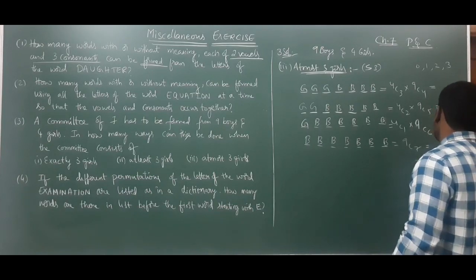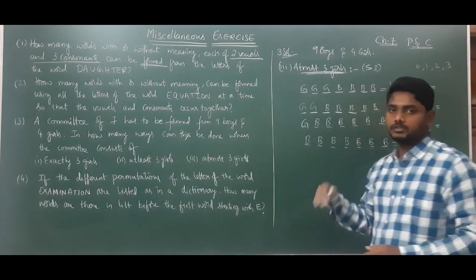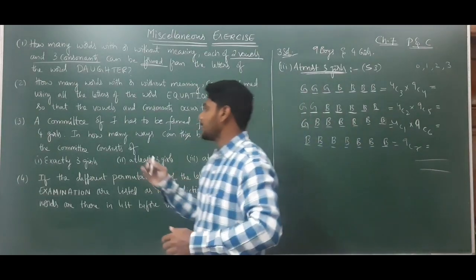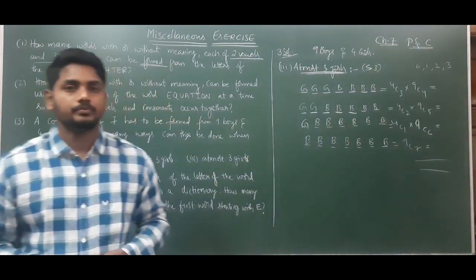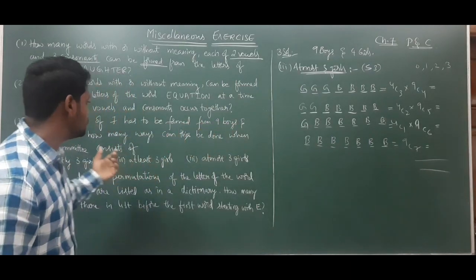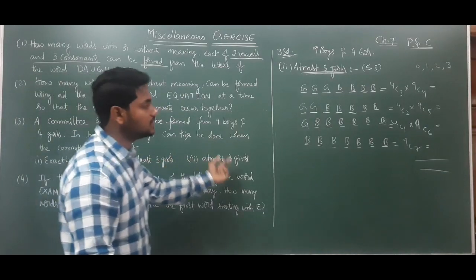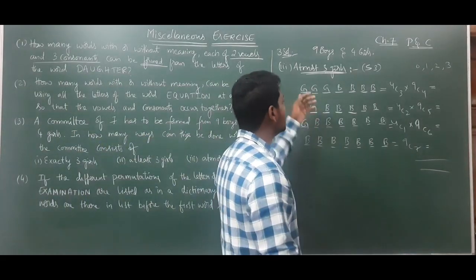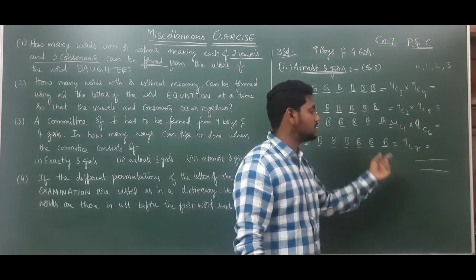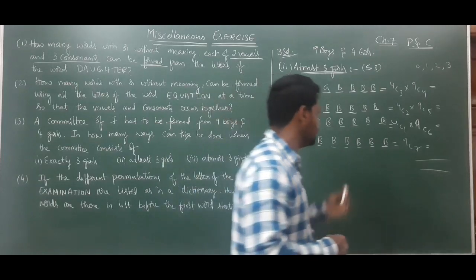So the sum of all these cases you will get the number of ways of a committee. So you need to write that theory in that conclusion. Number of ways of selecting a committee of 7 from 9 boys and 4 girls when the committee consists of at most 3 girls. At most 3 girls means either 3 or 2 or 1 or 0. So the sum of all those cases you will get that value. So that will be the number of ways. Note down this.